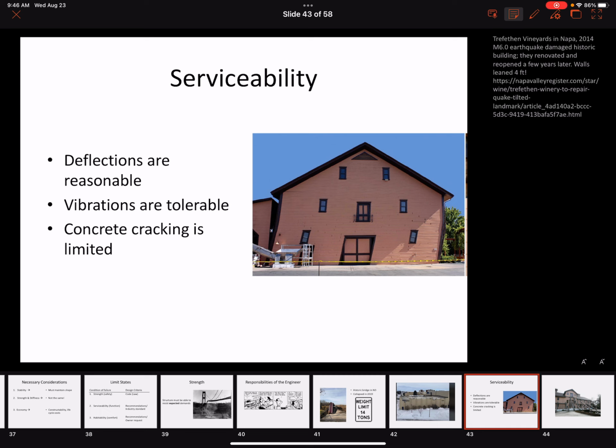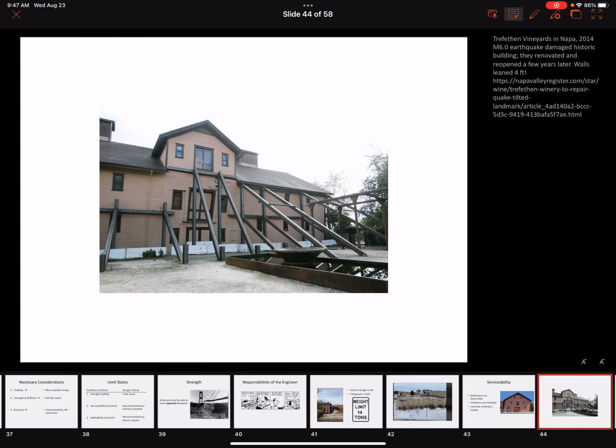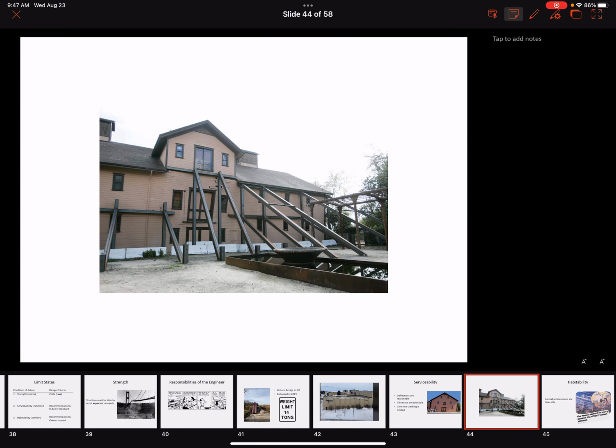So yeah, the maximum lean on this is 4 feet, and that's at the top. Sorry, my screen's showing something different here. All right, so this is at the top, right? The maximum lean is about 4 feet. That's obviously not cool. They did eventually rebuild this, or rebolster it, right? So they had to support it from the outside before they could get in there and fix the inside. But a lot of older structures, especially older wooden structures like that, were not designed to resist earthquakes